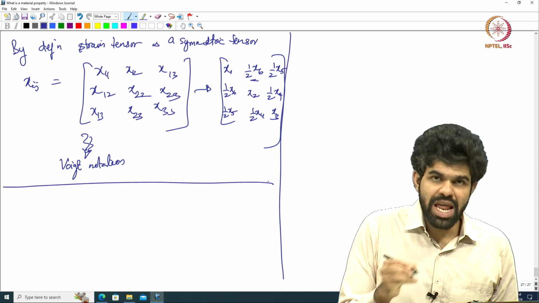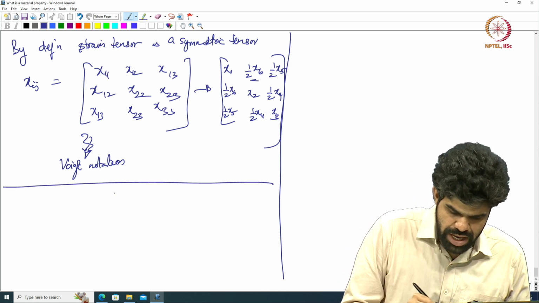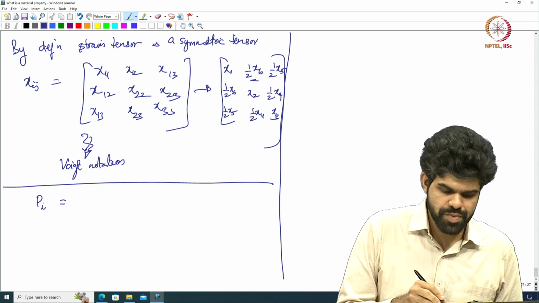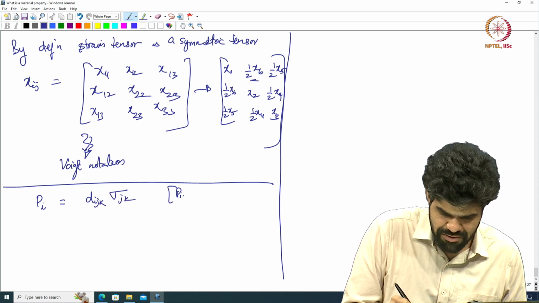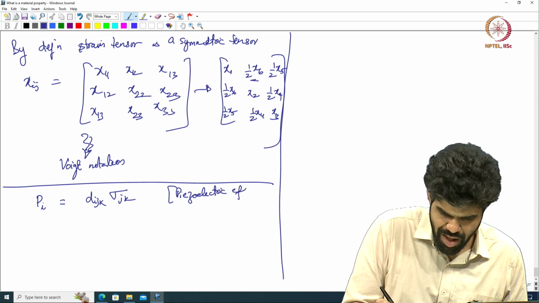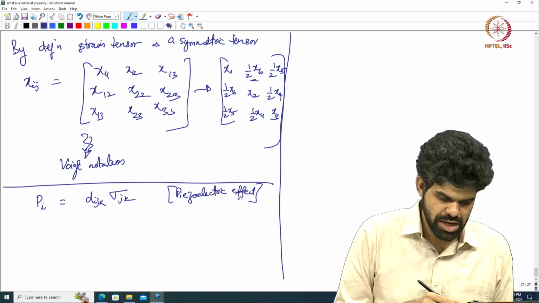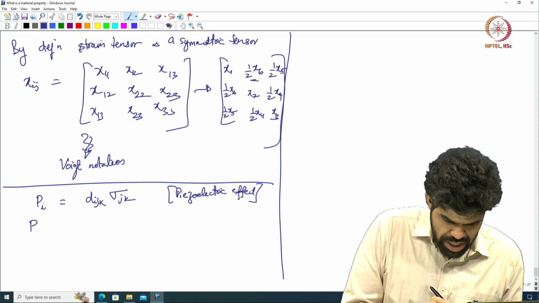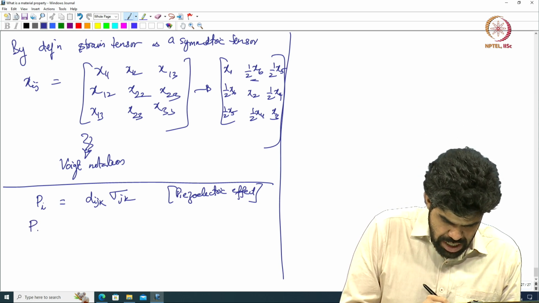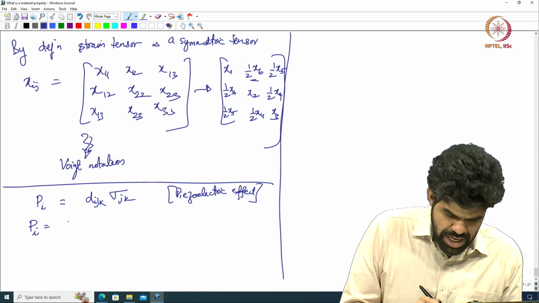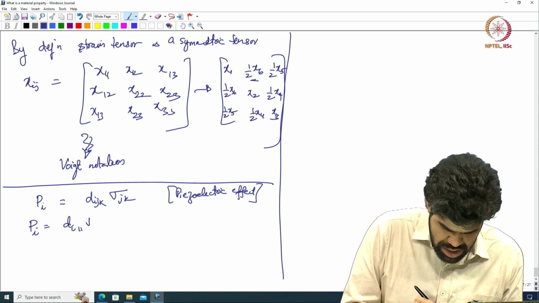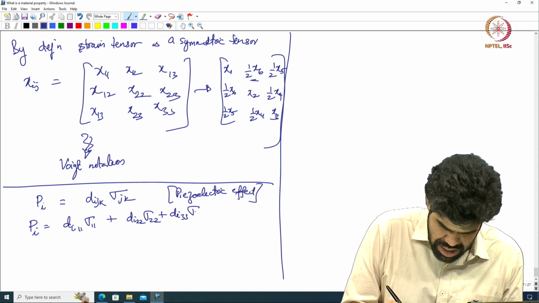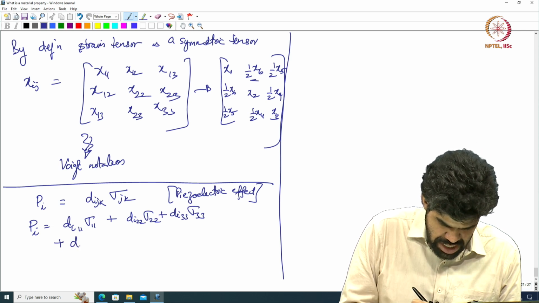Now, the last thing that I will do is, alright, so I have a polarization Pi equal to, what was it, Dijk times sigma jk, right. So, this is my piezoelectric effect and piezoelectric tensor. But now, let me expand this, right. So, let me just write what Pi is. So, Pi is d I 11 sigma 11 plus d I 22 sigma 22 plus d I 33 sigma 33, right,